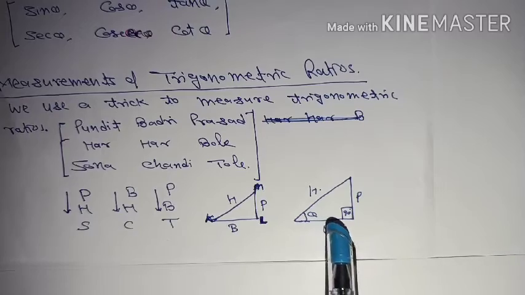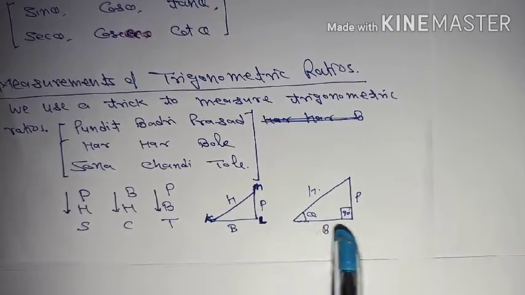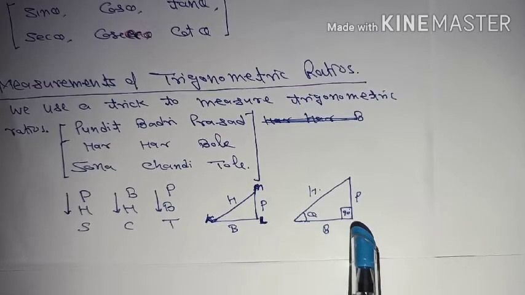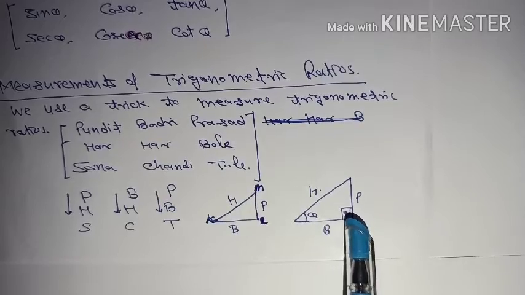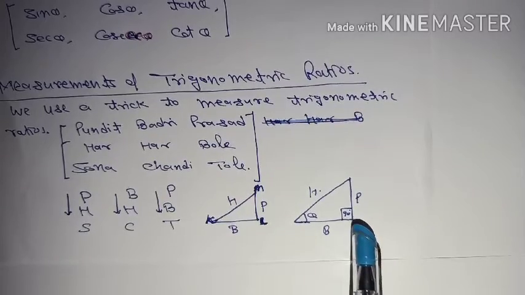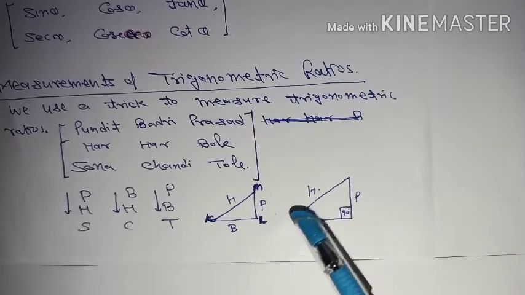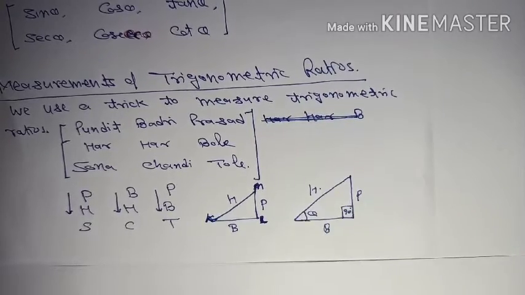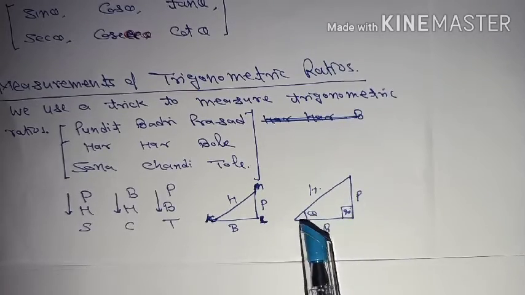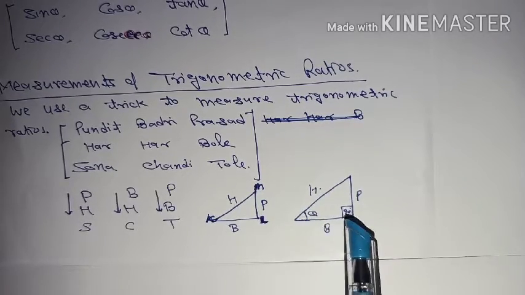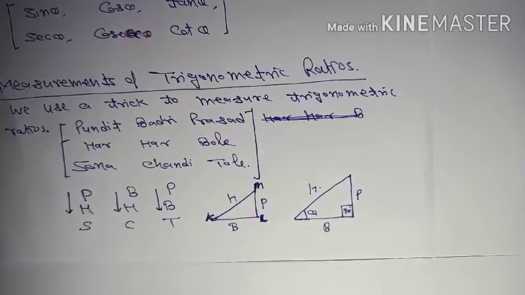This is the right angle triangle which we make use of in trigonometry. This is a right angle triangle which contains one 90-degree angle. So the 90-degree angle is here. This is the perpendicular. This is the base. This is the longest side, and the longest side is called the hypotenuse. And in front of the 90-degree right angle, there is another angle, which we term as theta.